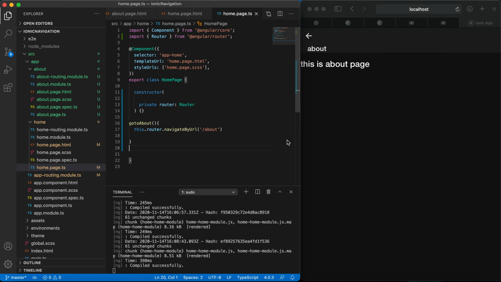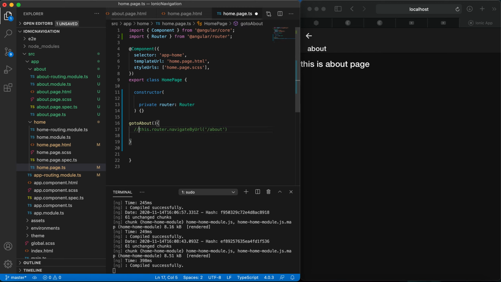Okay, and this is one way of writing the navigation part, and we can also link in another way for the same function. How will it look?